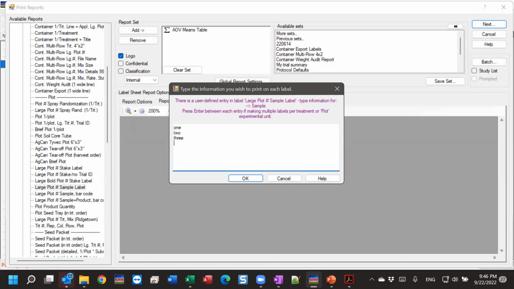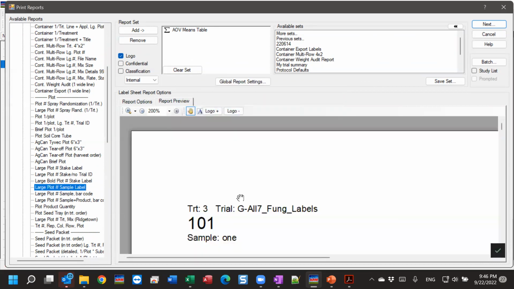And I'm just pressing enter in between to go to another line. So in this case, it will generate our large plot number labeling. For each plot in my trial, it's going to give me 3 different labels, and the data for the sample is going to be what I've entered here. In my case, I'm not terribly creative. We'll just say 1, 2, 3. And so when I press OK,